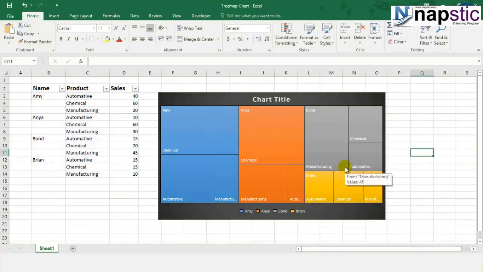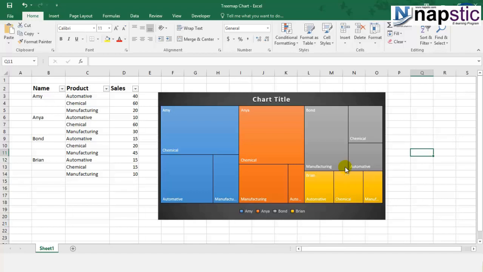So this was about the tree map chart, perhaps the most interesting new chart that came up with 2016. It's quite different in terms of looks to other Excel charts. Other Excel charts are quite boring, might be because we have used them through the years, but this is something new and something interesting, right? So please explore this chart in your data set as much as possible. This will make your data report look more appealing. Also, it is very easy to interpret such charts.